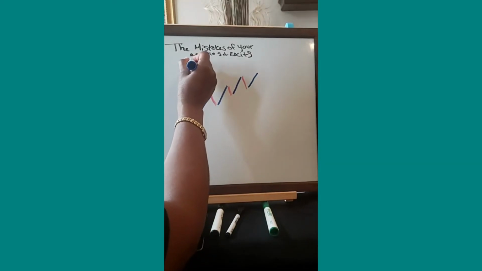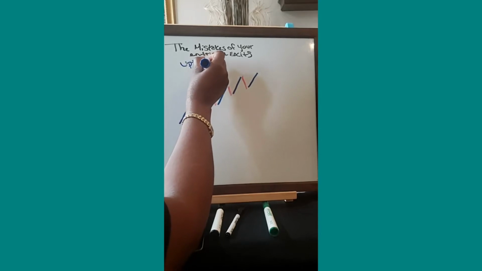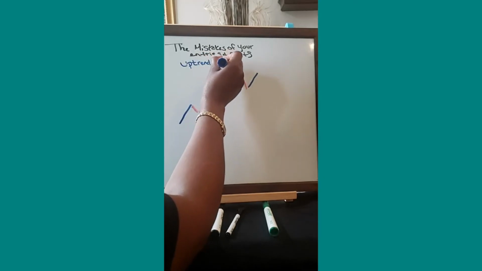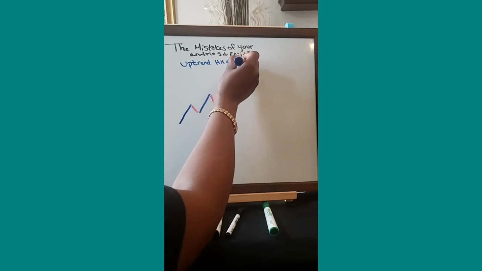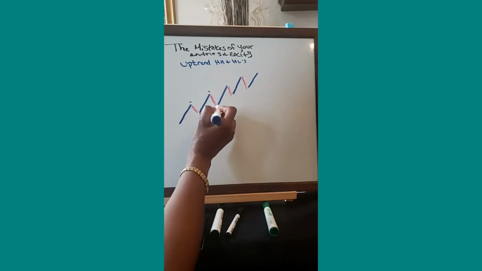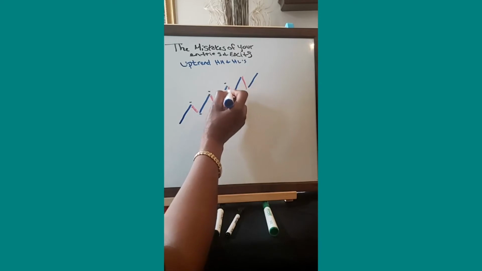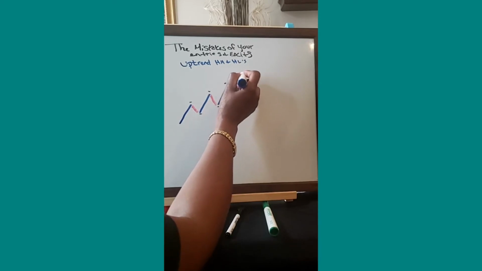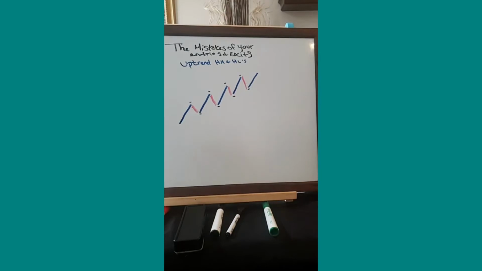So we know in an uptrend, we are creating higher highs and higher lows. Higher highs, higher lows. Now, even though this one is very cherry picked, meaning it's pretty much perfect, every trade will not be perfect. I'm just giving you an example, but I will also give it to you when it's choppy or